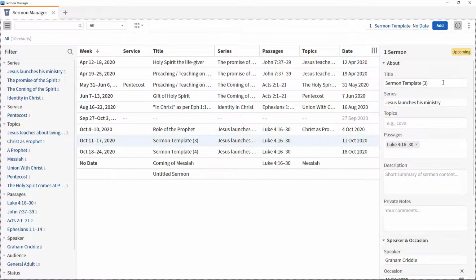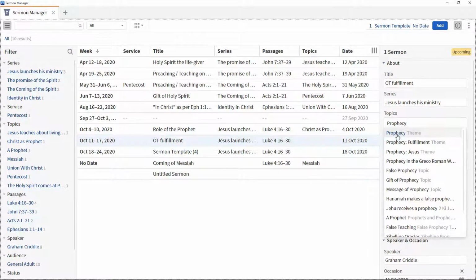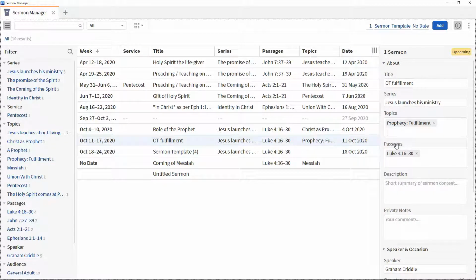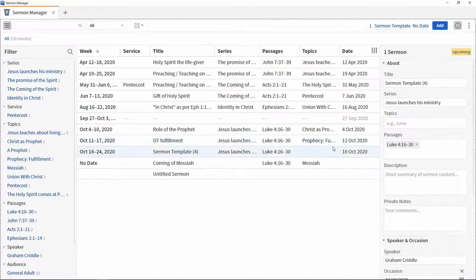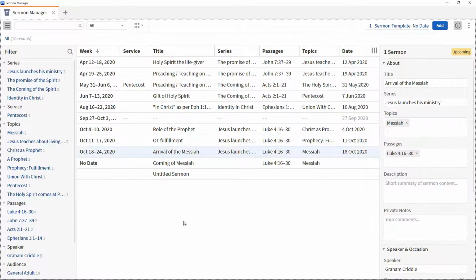Name it OT Fulfillment. Specify the topic as Prophecy Fulfillment. And finally, for the third sermon, name it Arrival of the Messiah. Specify the topic as Messiah. Note that the first sermon document has a status of in progress, while the second and third have a status